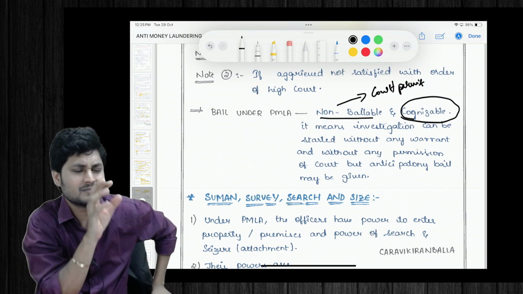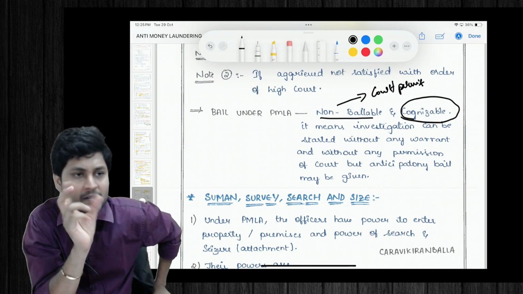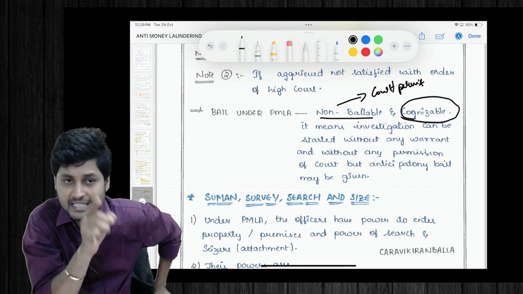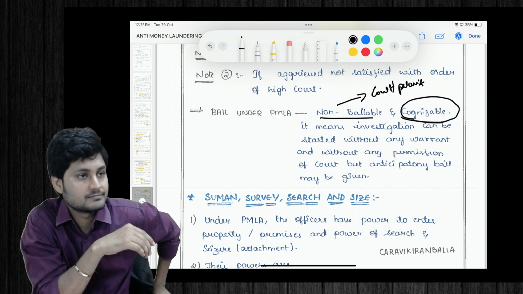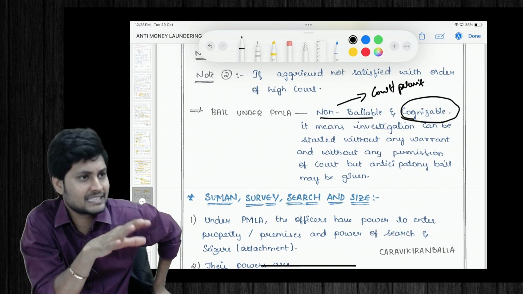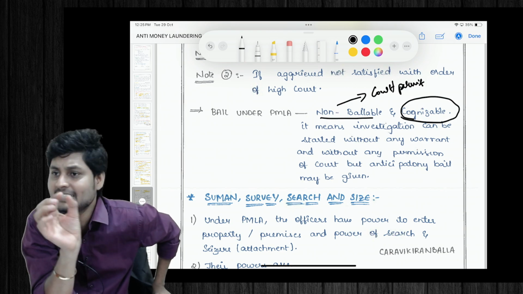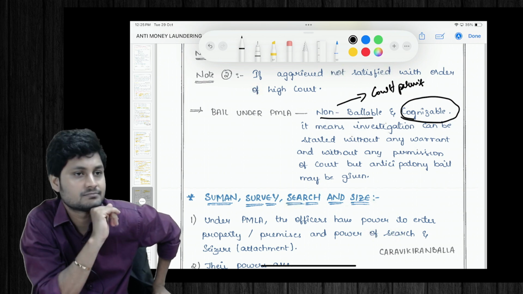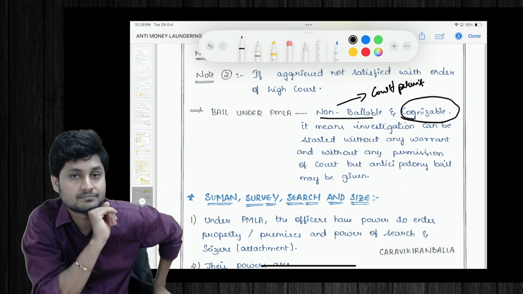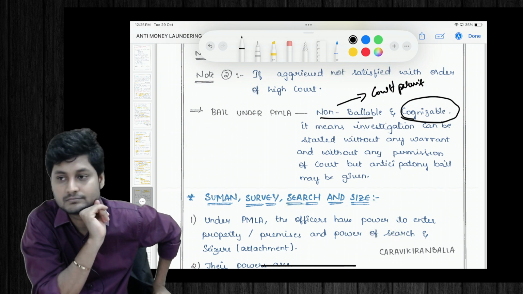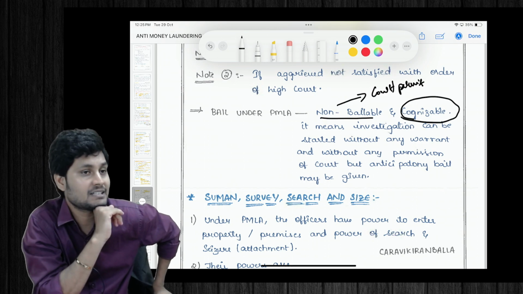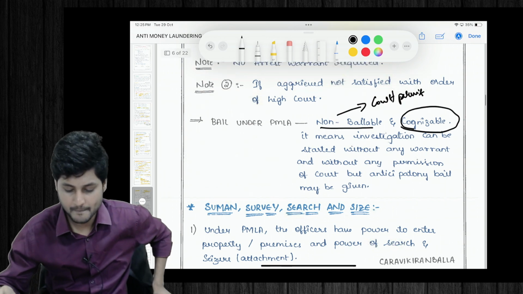So the basic difference between cognizable and non-bailable అంటే, cognizable is nothing but the police can arrest even without warrant. Okay, very serious offense. Non bailable ante ఇది కూడా serious offense, but just by getting the court permission you can go and arrest. Court permission తెచ్చుకొని you can go and arrest. But anticipatory bail can be applied. What is called as anticipatory bail? Before the arrest is made, I can show that bail and escape from that arrest. Okay,